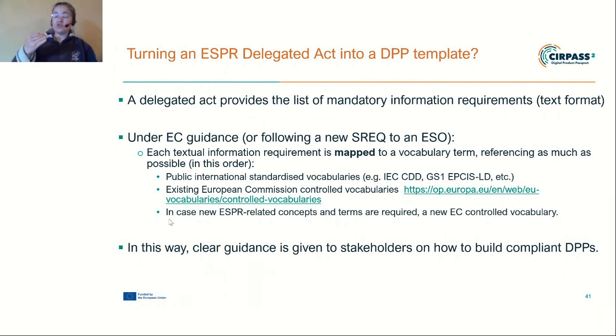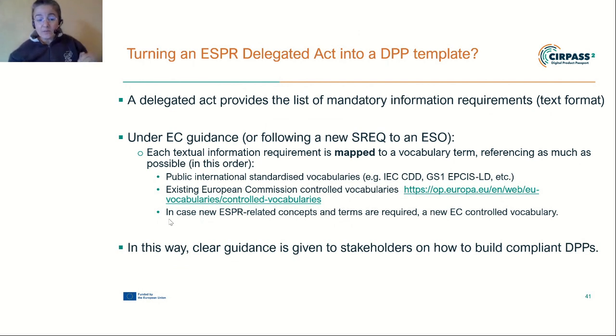So somehow we have to transform these terms into machine readable terms. I can only assume that under the guidance of the European Commission, possibly following a new standardization request to a European standardization organization, each textual information requirement would be mapped to a term in a vocabulary somewhere, and ideally referencing as much as possible and in that order